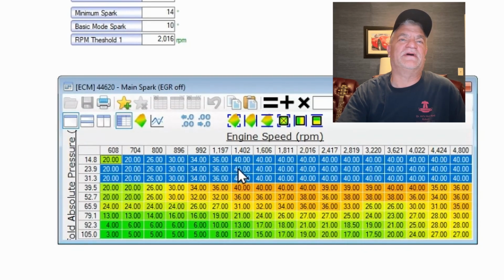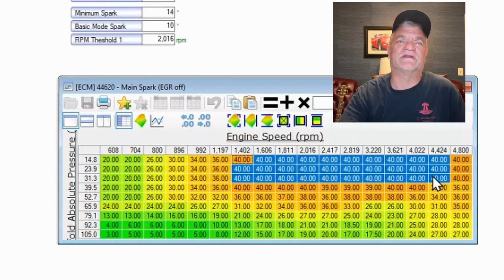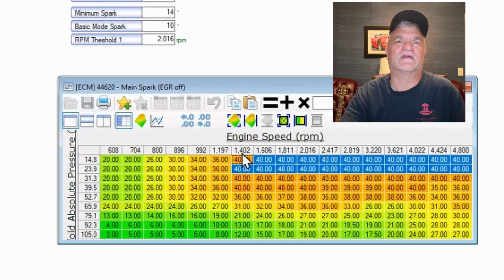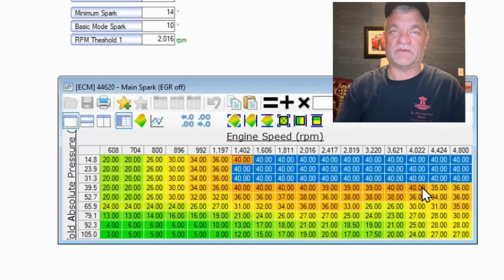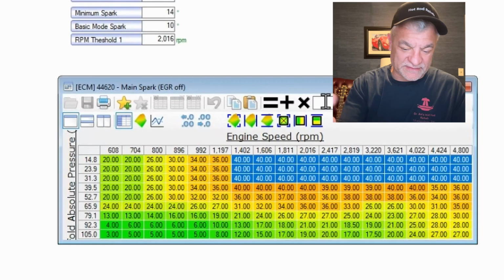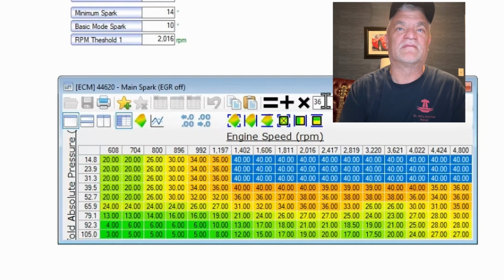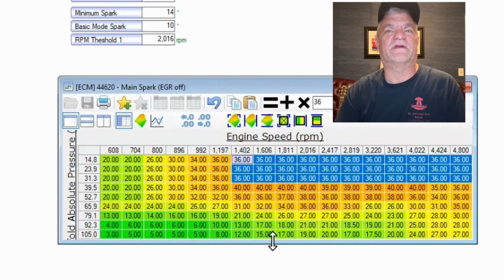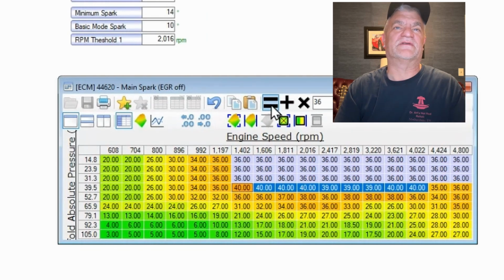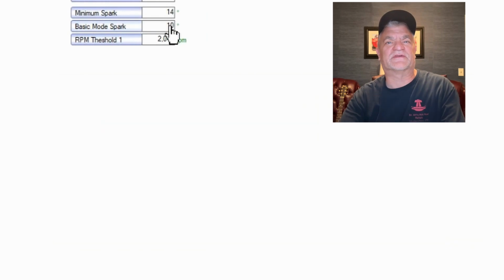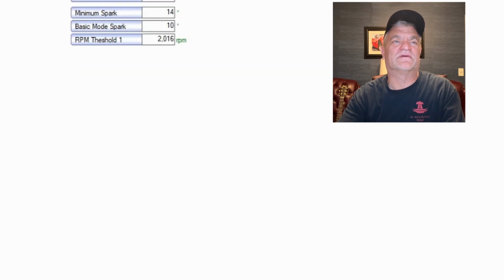Now, I don't mind this 36 in the decel, but I really, really dislike this 40, and this is just personal preference for tuning for me. So what I'd like to do is I like to back that down. Okay, and then this last row of deceleration, where we're in the 40s, I like to back that down also. And again, that's just personal preference. All right, so